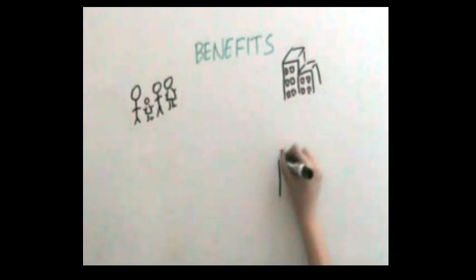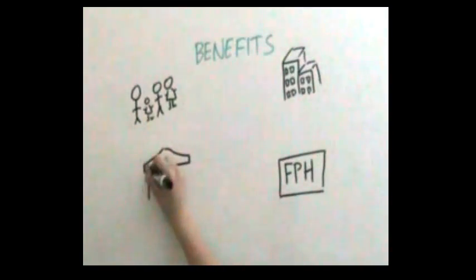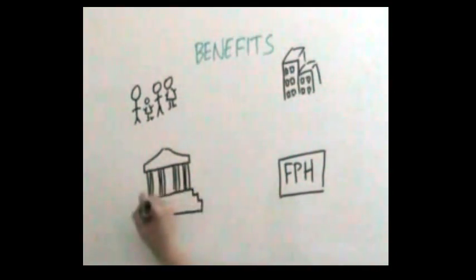Fisher and Paykel Healthcare. Employees can be motivated, and as the company experiences growth, there are positive outcomes for shareholders. And finally, the government. The health of the general population will improve, and there will be positive direct effects on